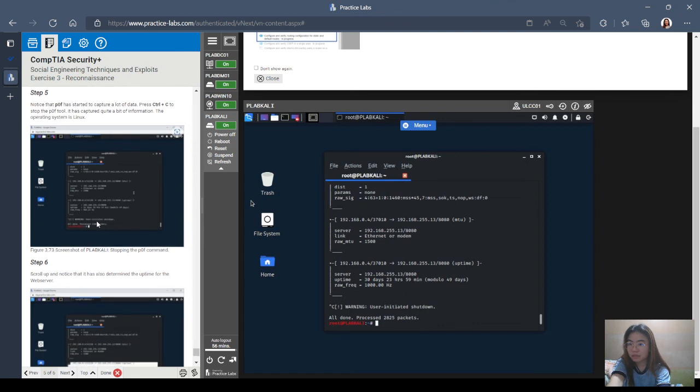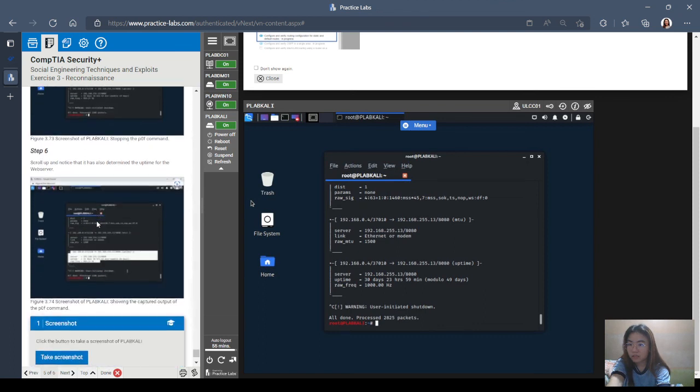The operating system is Linux. Scroll up and notice that it has also determined the